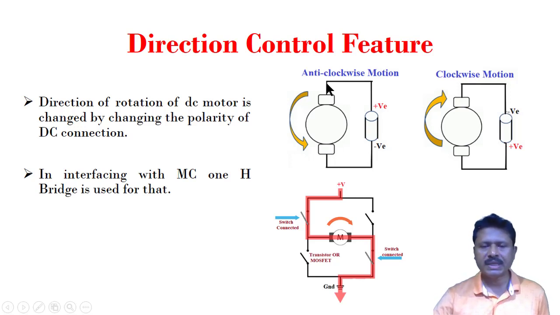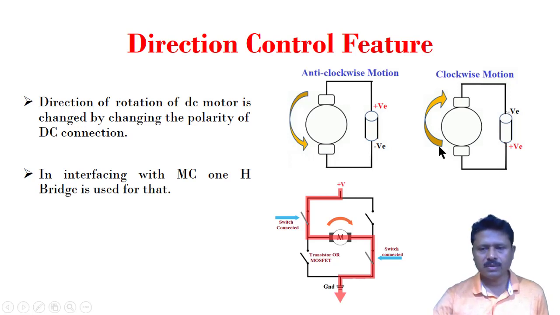But if we want to rotate it, say I want to rotate in left direction, then this should stop and this should be in forward motion, or otherwise this should be in backward direction and this should be in forward direction. So in that case the direction should be controlled. Another one is that if you want to move fast or slow, then in that case the speed should be controlled. So in our study we will discuss the direction control as well as the speed control.